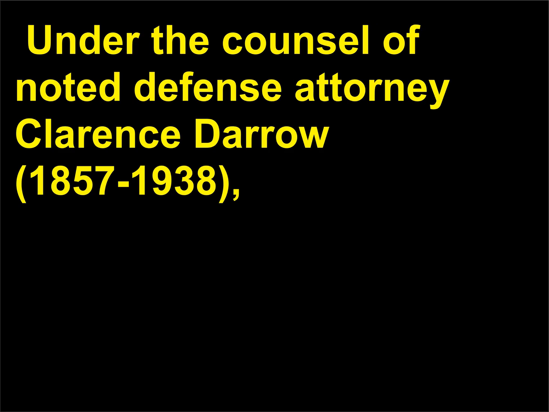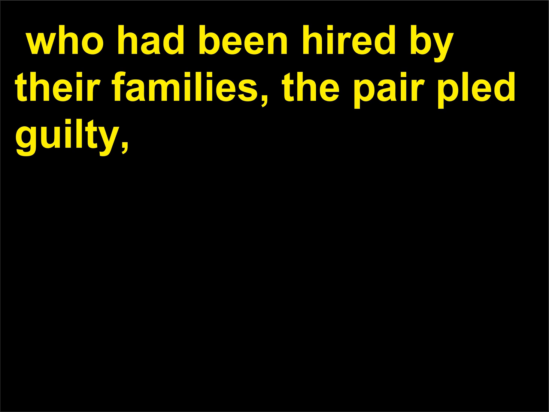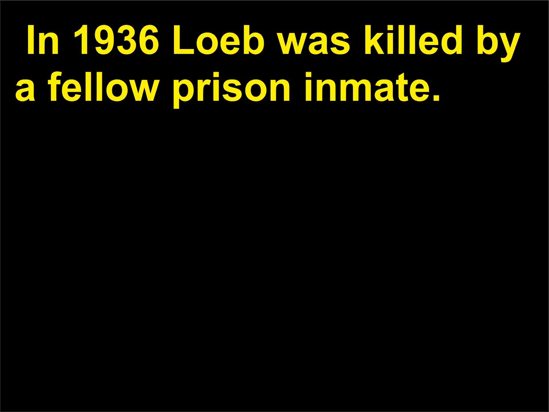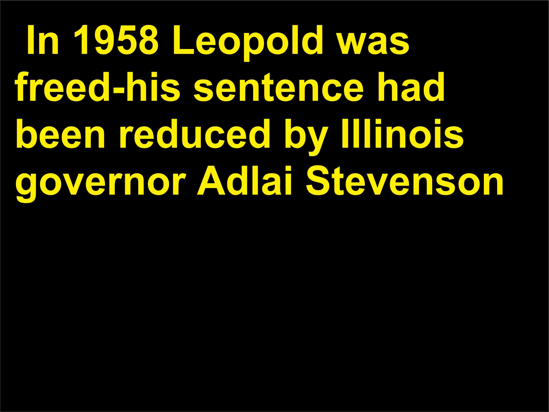Under the counsel of noted defense attorney Clarence Darrow, 1857 to 1938, who had been hired by their families, the pair pled guilty, reducing what would have otherwise been death sentences to life in prison plus 99 years. In 1936 Loeb was killed by a fellow prison inmate. In 1958 Leopold was freed. His sentence had been reduced by Illinois Governor Adlai Stevenson,